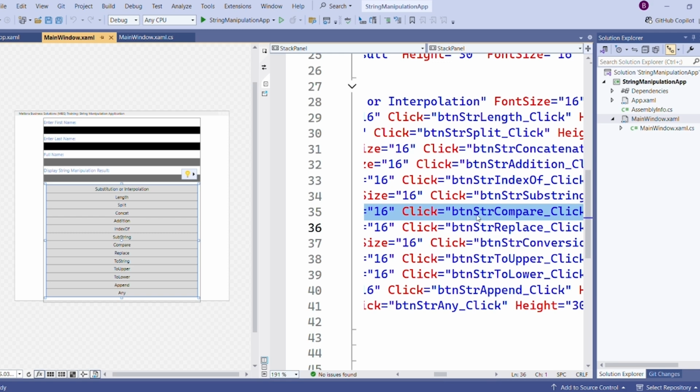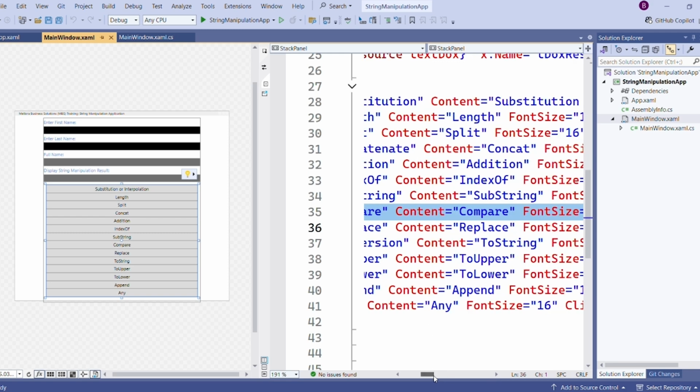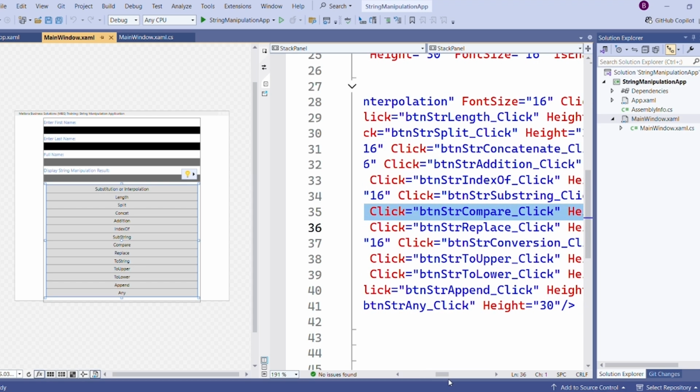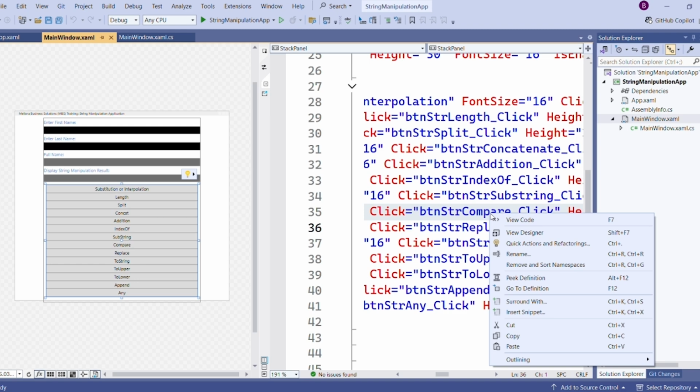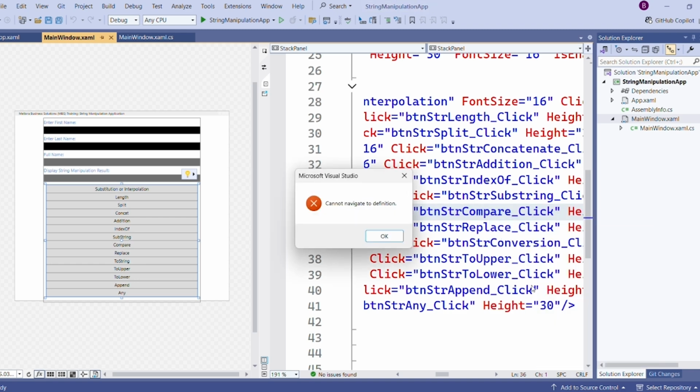So the click event takes it to a handler that is called btn string compare underscore click. So if we right click and say go to definition, so as to go to it,